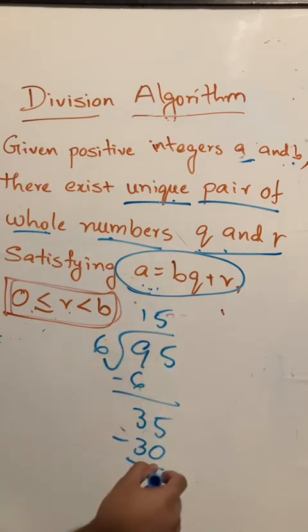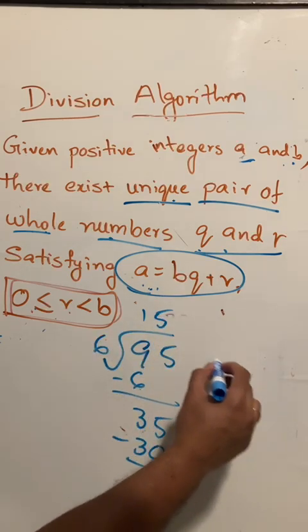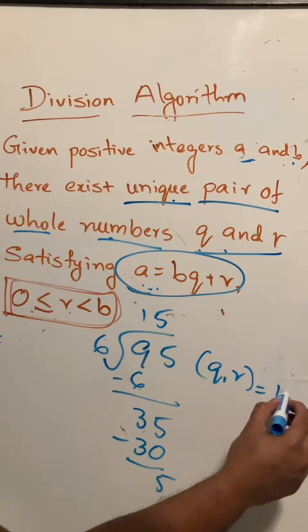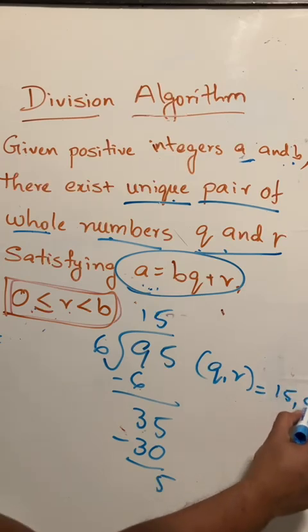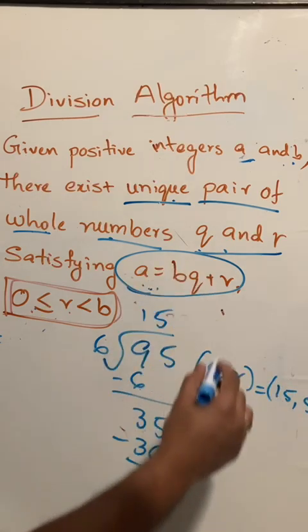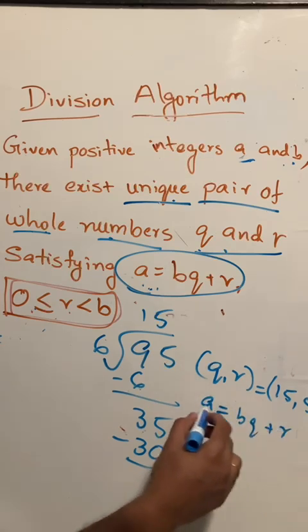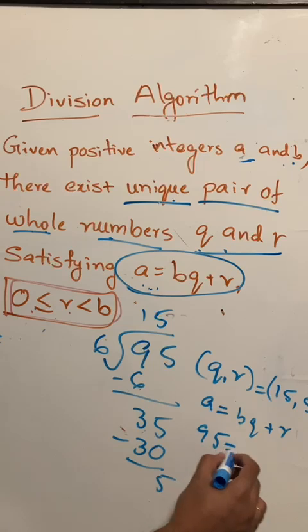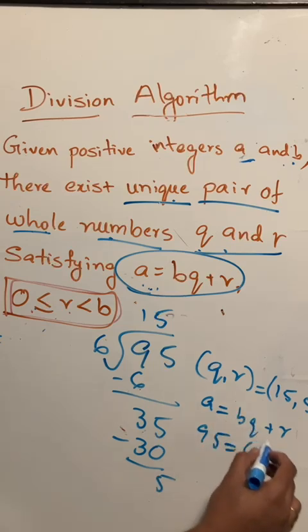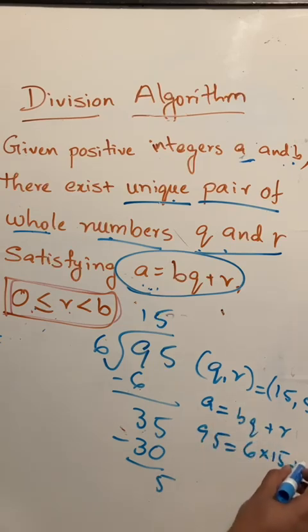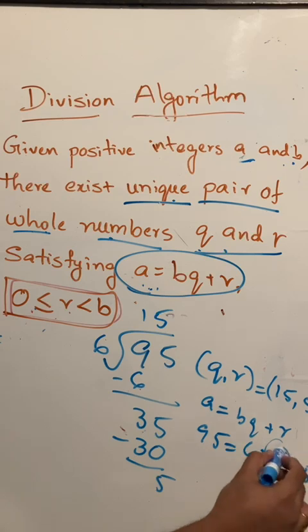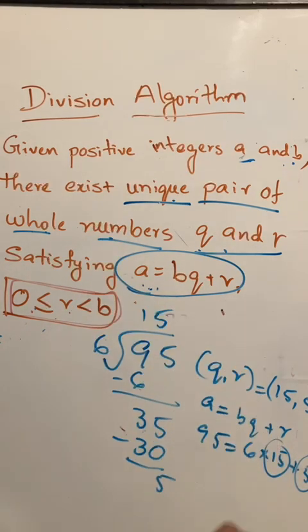And there is only one way I can express q and r, as 15 and 5, to satisfy a = bq + r. a is 95, b is 6, q is 15, plus 5. There is only 15 and 5, only one combination. If I put any other number, this will be increased, or if I satisfy it in some other way, the remainder